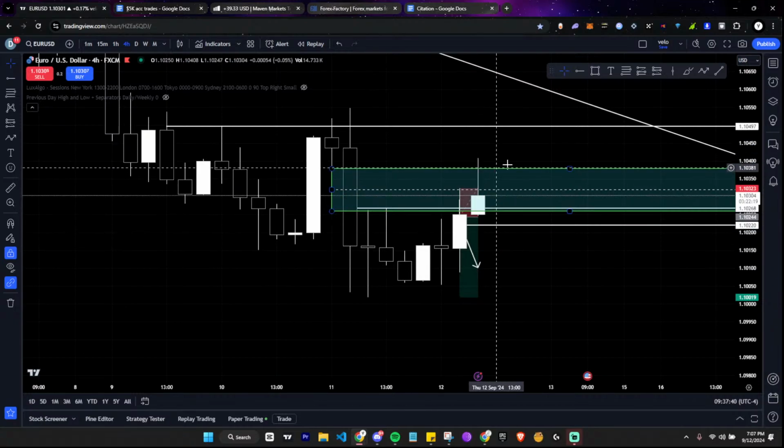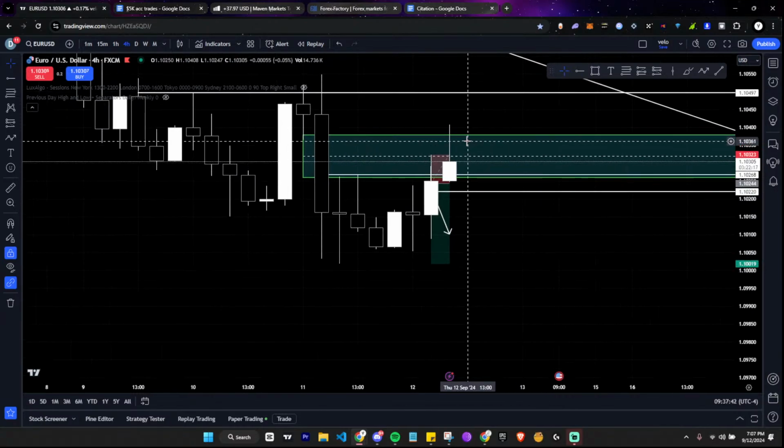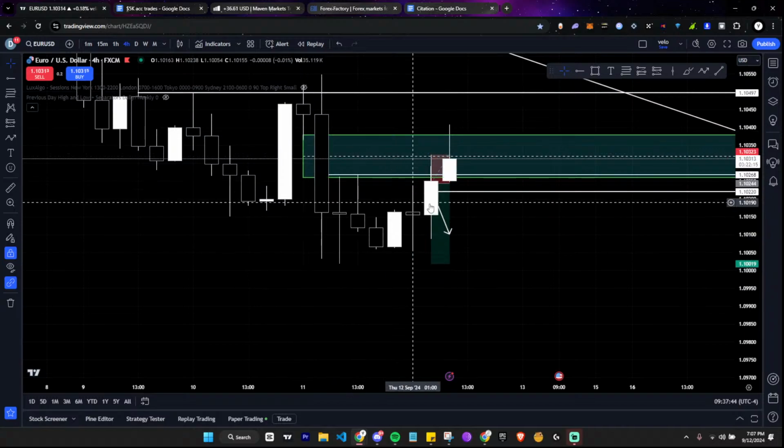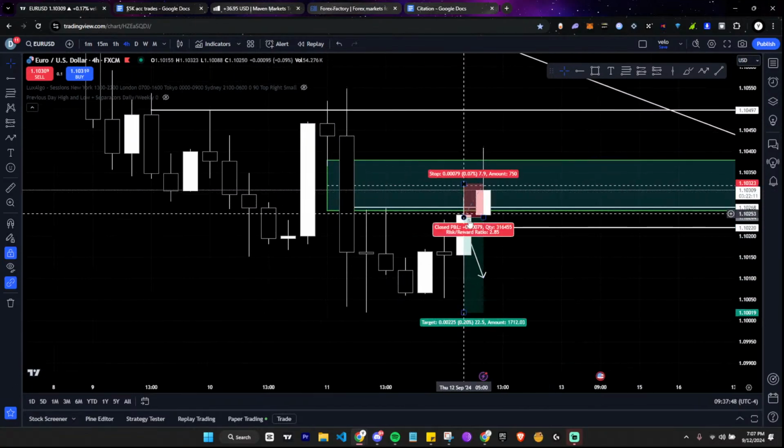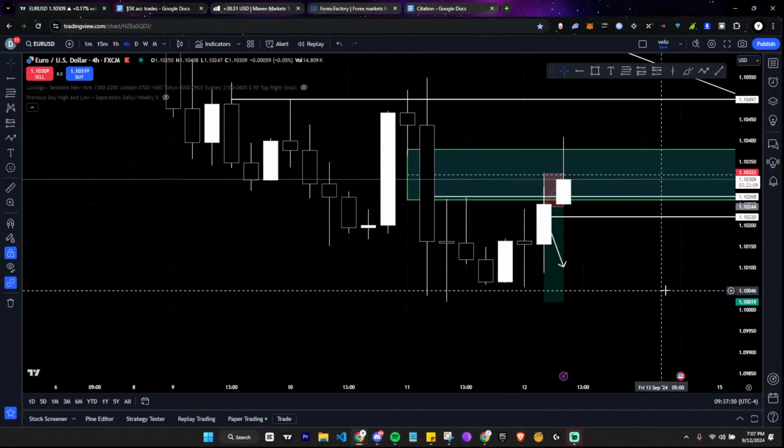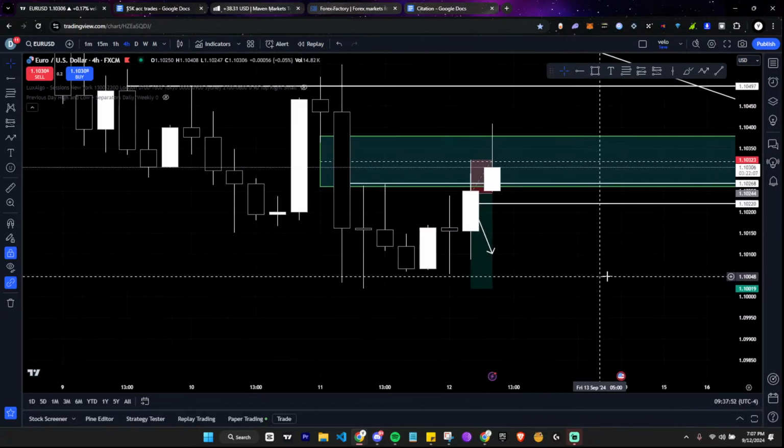But eventually, I'm expecting price to low-key go lower, because you can see this wick, right? But it wasn't at the time that I was expecting to take it over here, as you guys can see. So it was honestly like a 1 to 3 type of trade. So it wasn't that great of a trade either.